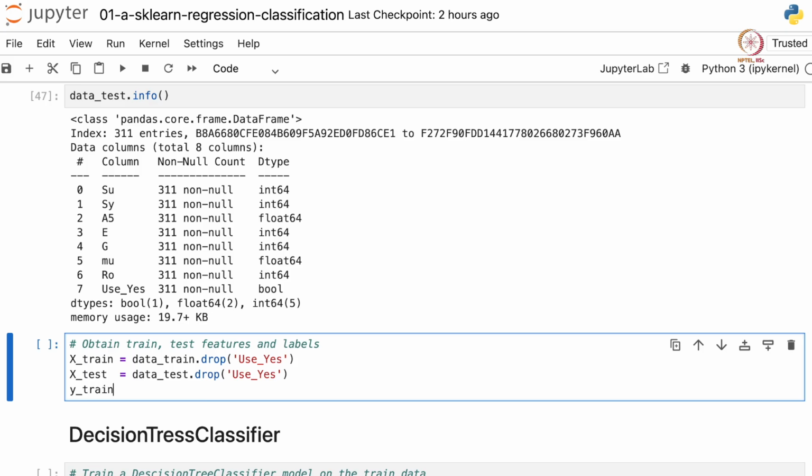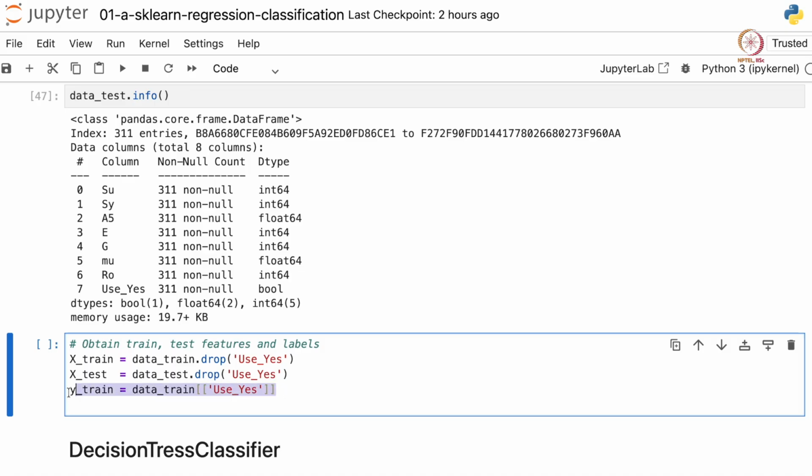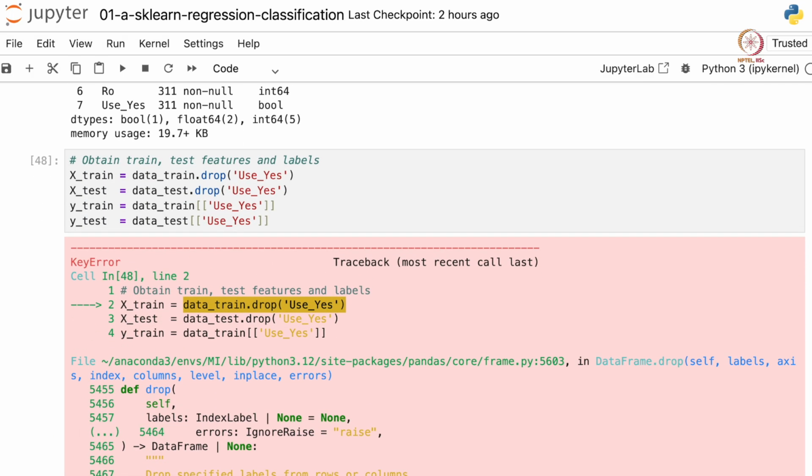So y train is data train use yes. So I'll pass use yes within a list so that we get a data frame as y train. So y train will be a data frame. Similarly, y test. Let's run this and see.